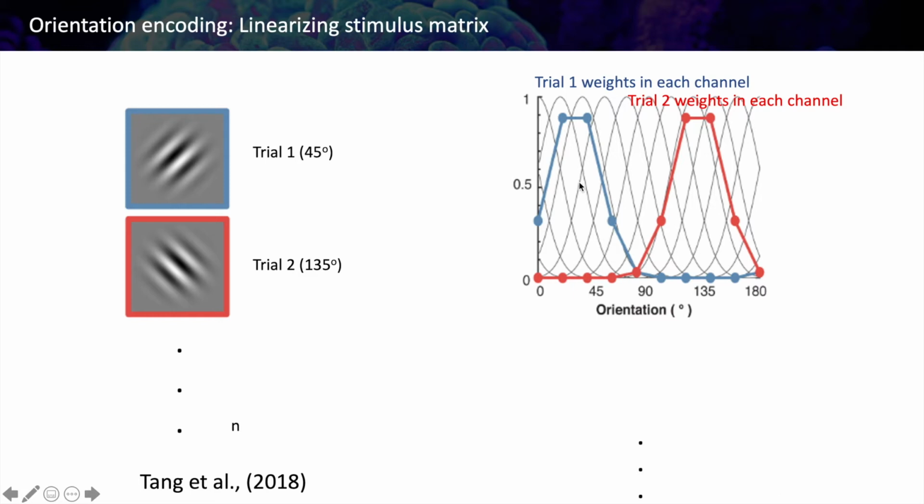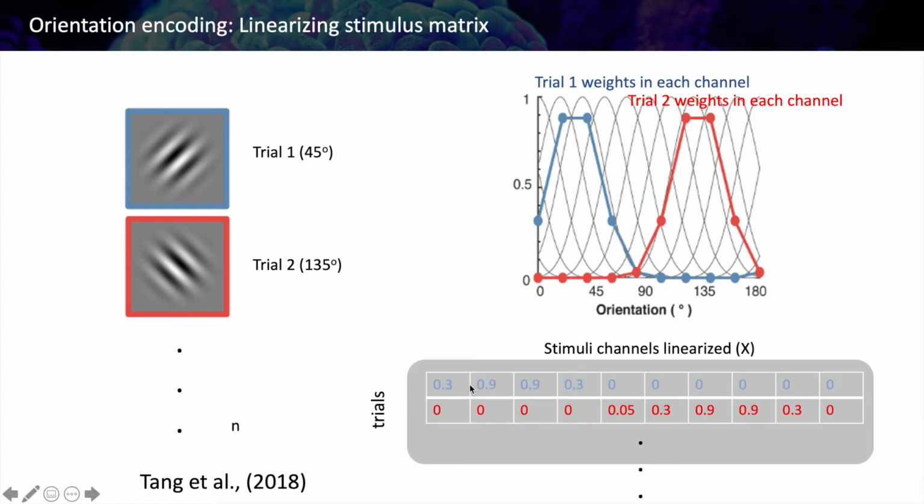So the 45 degrees stimulus will probably activate a lot these two populations that are closely centered around 45 degrees, and probably won't excite too much a population that is tuned to 135 degrees. And the 135 degrees stimulus, we can decompose it in the different channels, and we could predict that it's going to stimulate a lot a 135 channel, but not too much a 0 or 45 degrees channel. So we can formalize this as a regressor variable this way.